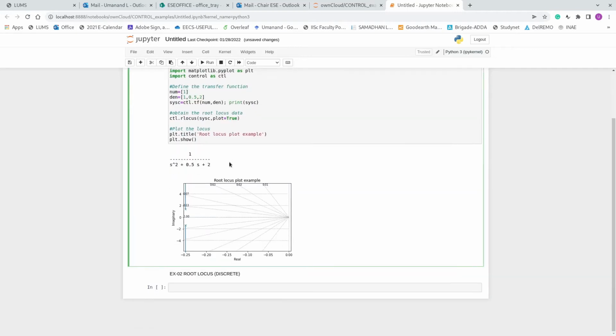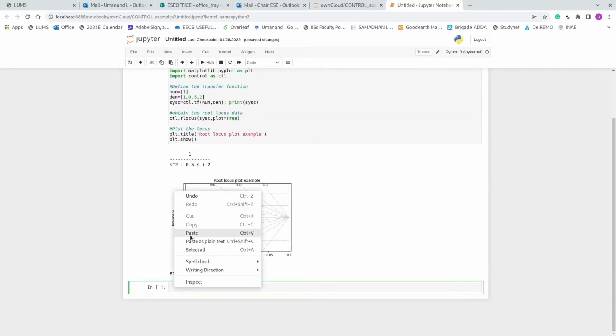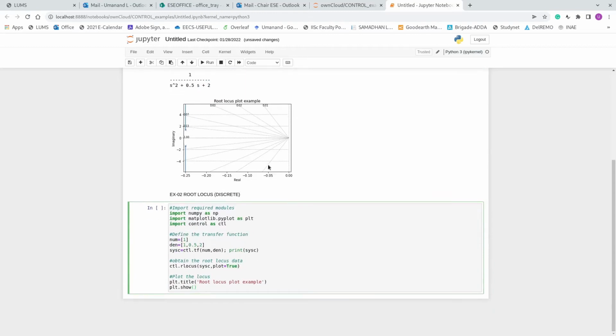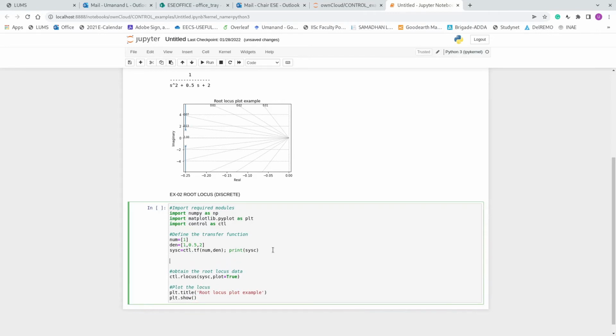So let me copy that and paste it here, so that we don't disturb that one. Now here let me introduce the discrete transfer function. So I will include sampling of the continuous system.